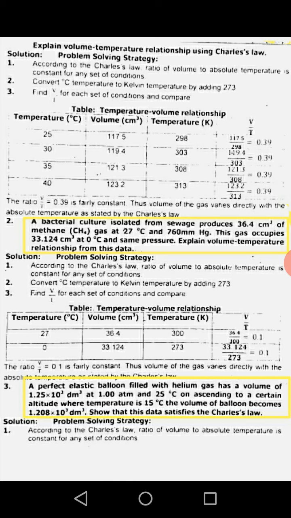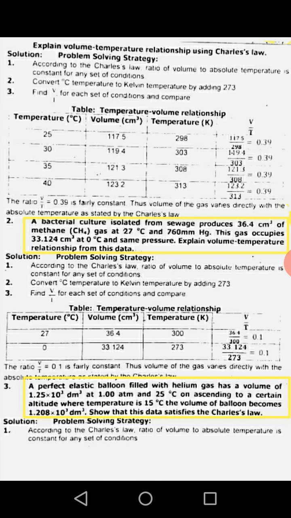In both calculations you can see we get the same result. It means Charles' law is proved. When we increase the temperature of the gas, the volume will also increase. In question number 3, again we have been given a balloon which is perfectly elastic, and we will fill